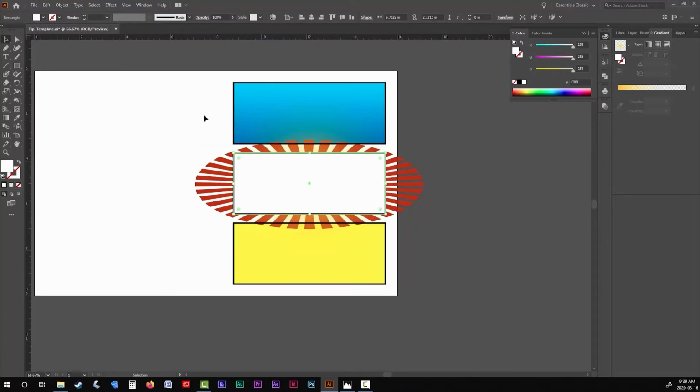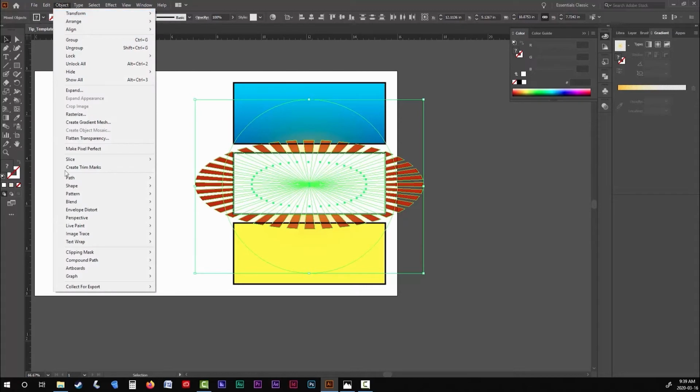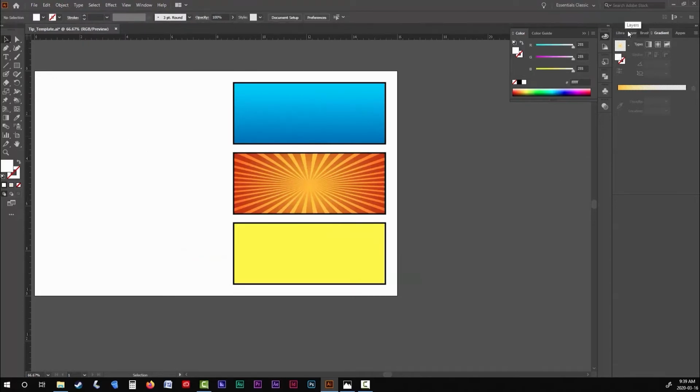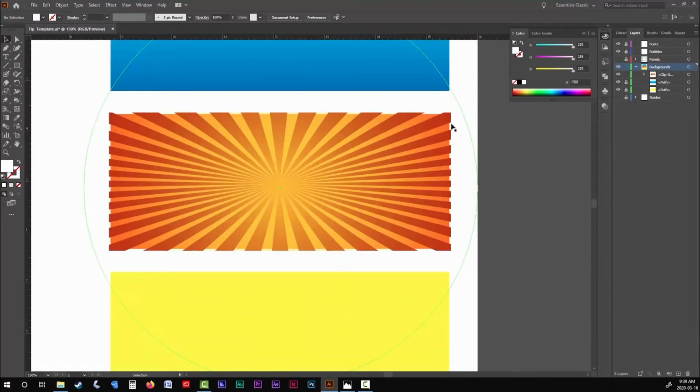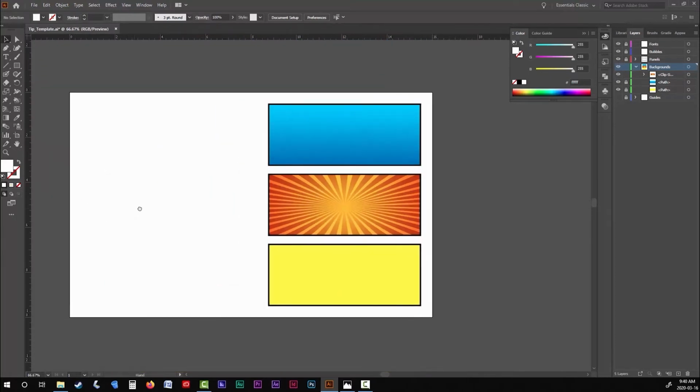Now make sure that your panel layer is locked, and then with your selection tool, select all of the layers of your background graphic, including your mask. Then just go up to Object in the top menu, down to Clipping Mask, and then choose Make. Now you can see that if I turn off my panel layer, the starburst is actually a little bit larger than my background gradient. But that doesn't matter because it's all being hidden by my panel border layer. And that's why you want to keep your panel layer on top of your background layer.